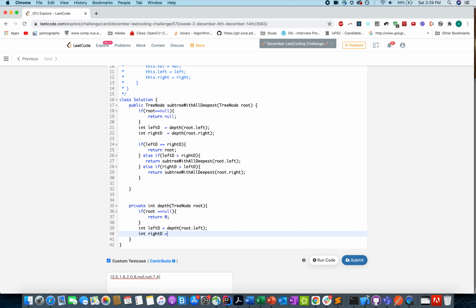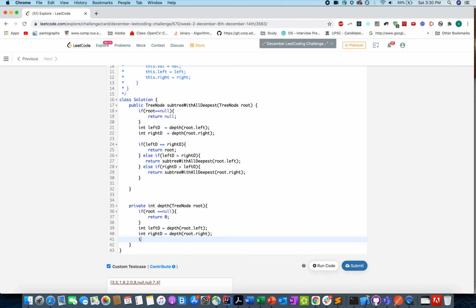Now search for the right depth, root dot right, return Math dot max left d comma right d plus 1.